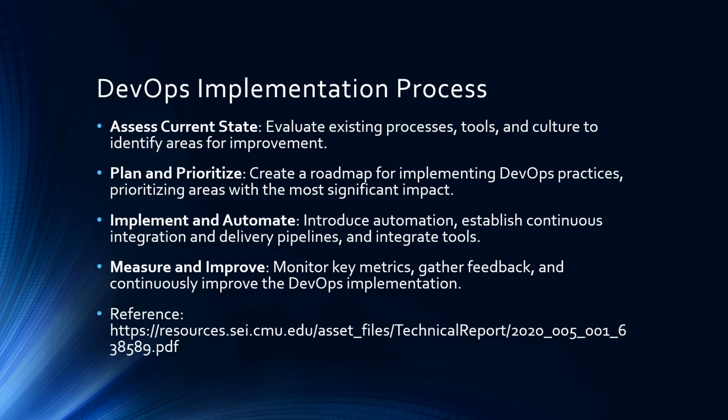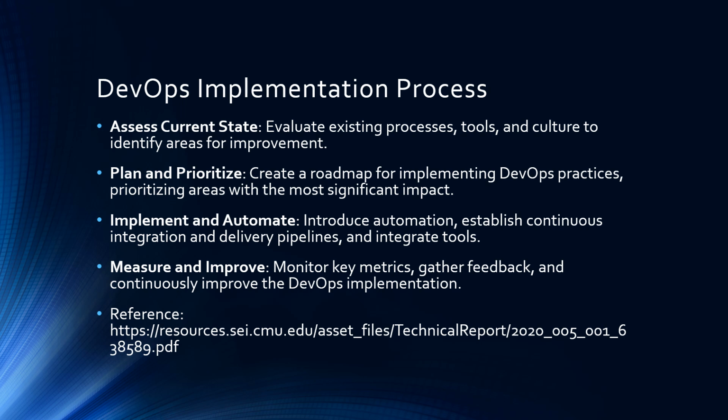During my time at Accenture, I observed that organizations often discover that their perceived problems aren't always their most critical issues. The plan and prioritize phase is crucial for success. Based on your assessment, create a roadmap that outlines specific improvements and their expected impact. Prioritize initiatives that offer the highest value with the lowest disruption.